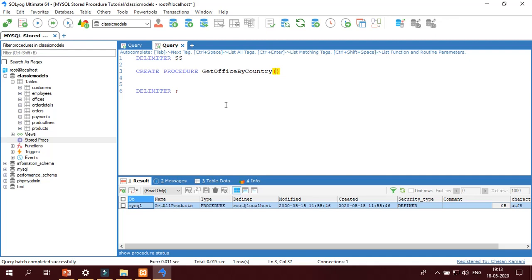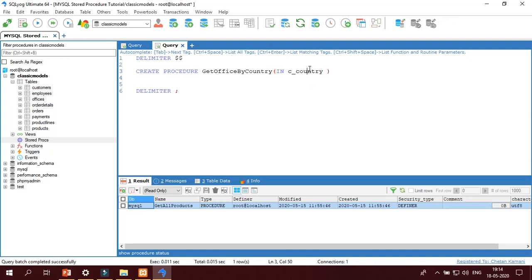So where do I have to set the parameters? I have to set the parameter in the brackets, just like we specify parameters in a function in the C language. The syntax was, first I specify the parameter mode, in this case IN. Then c_country, the name of the parameter, customer country.